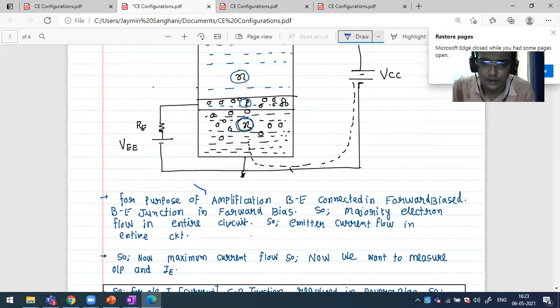See this notation gives it in that particular way. So more electrons can be injected in the emitter. Due to this and due to this VCC battery also, more electrons can enter. Because of these two batteries, more electrons enter. Simply saying.